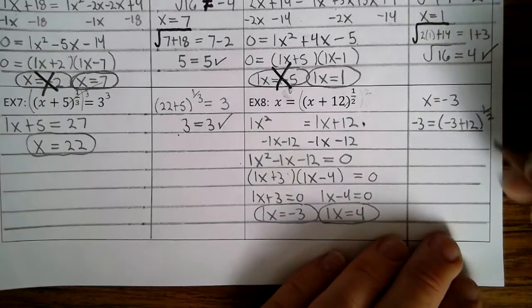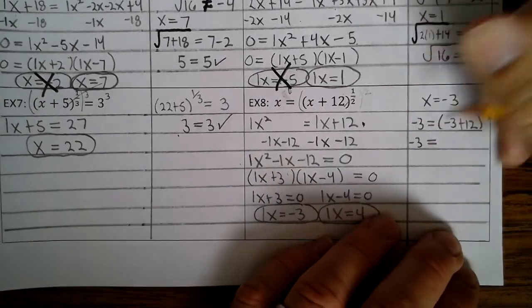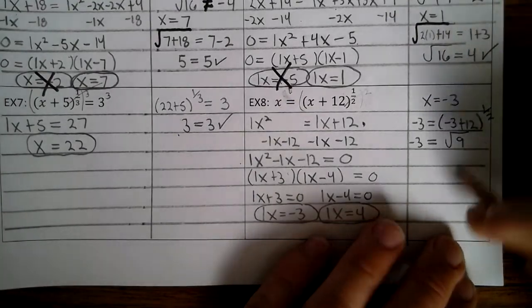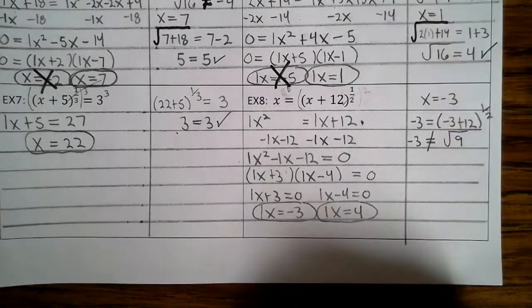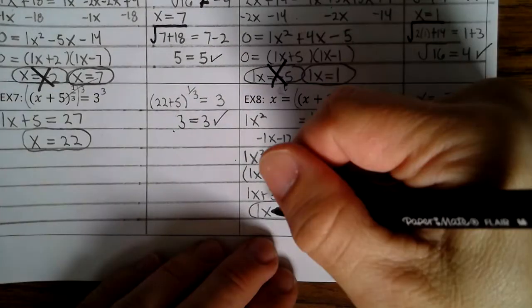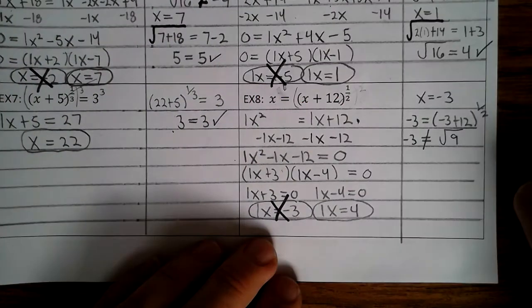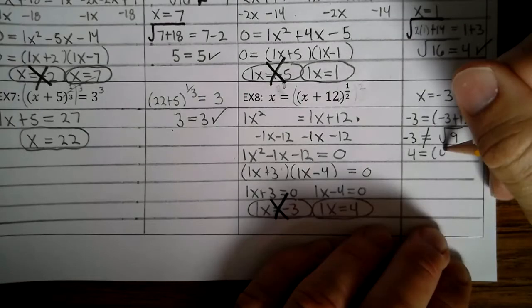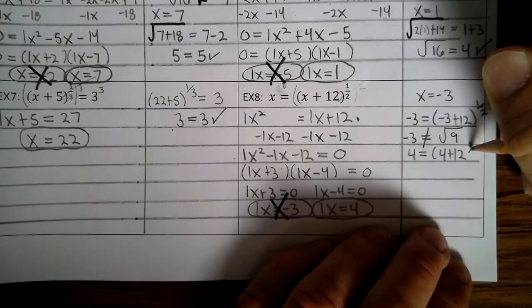Now let's try 4. 4 equal to 4 plus 12 to the 1/2 power. 4 equals the square root of 16. That checks, so 1x equals 4 is a solution. Okay, so with that, finish up your examples and start working on the assignment, and have a wonderful Wildcat